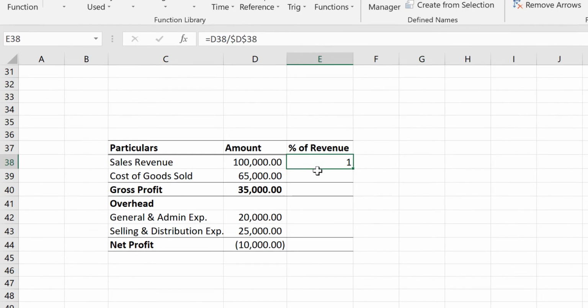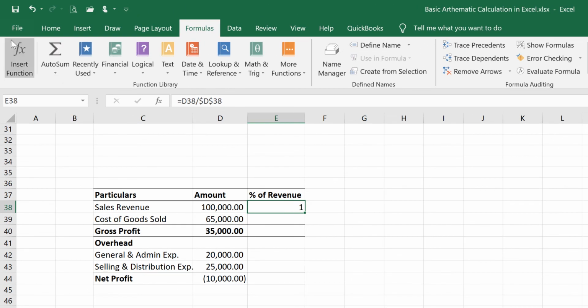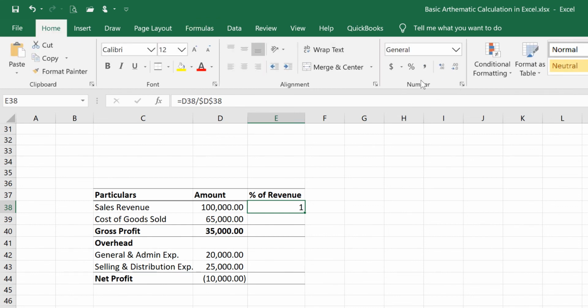To convert this number to percentage, we go to the Home menu, and in the number section, we have the percentage sign here. If you click here, we have 100%. That means total sales revenue is 100% of the total sales revenue. That makes sense, right. So if you click here and just copy the formula and paste this to the COGS,